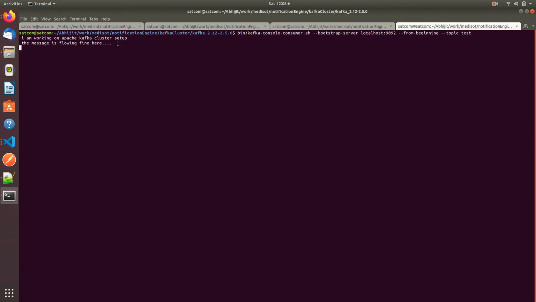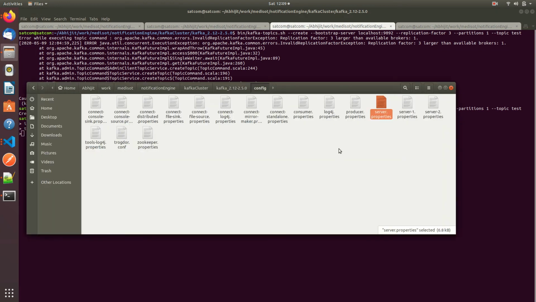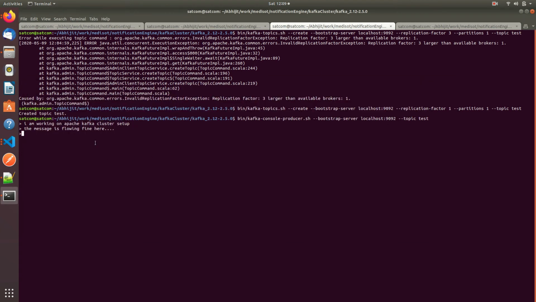So this is the very basic Apache Kafka cluster setup. Hope you like it. Here I have given replication factor 1, partitions 1, so this is a very basic part. Now let me do it with a higher replication factor. I will increase the properties files I showed you, where I have server.properties 1. Now I will create another 2 server properties files. Now let me walk through that.